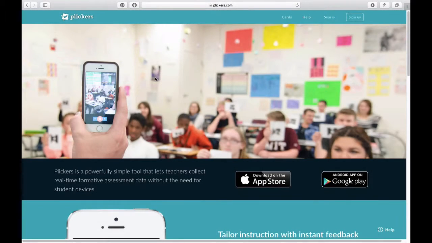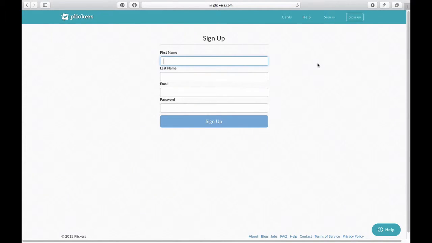I'm going to show you how to set up a Plickers account. In order to start, go to plickers.com. When you're there, click on the blue Sign Up button, and you'll see that it brings up a really